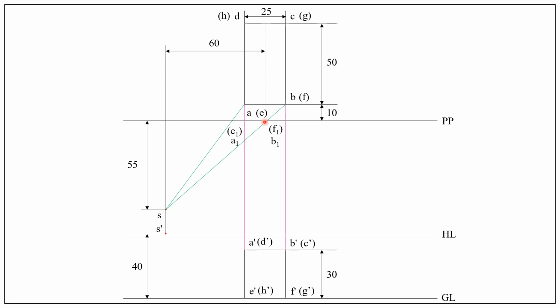Similarly, connect point S and C. So this visual ray from S towards C pierces the picture plane at point C1, G1,